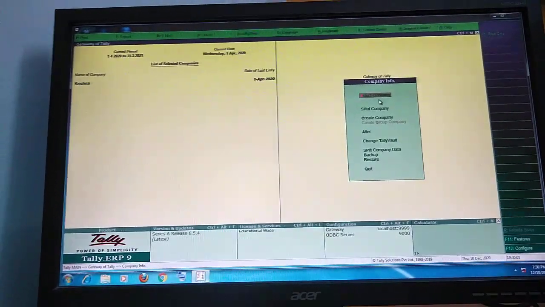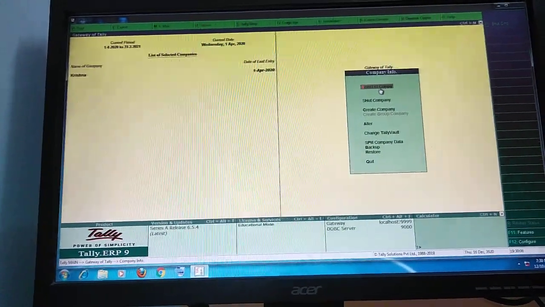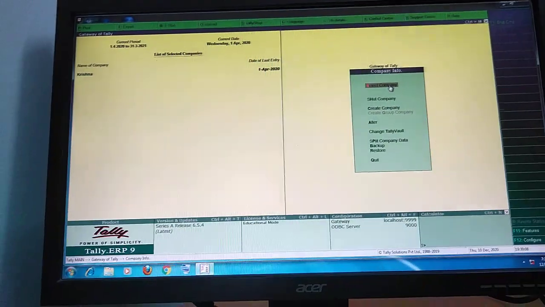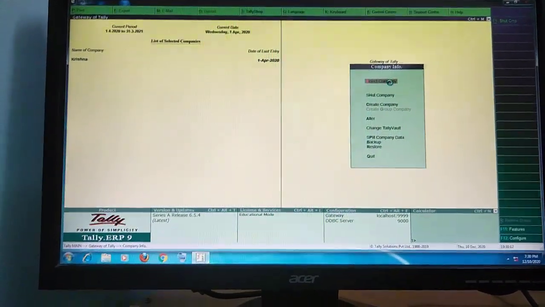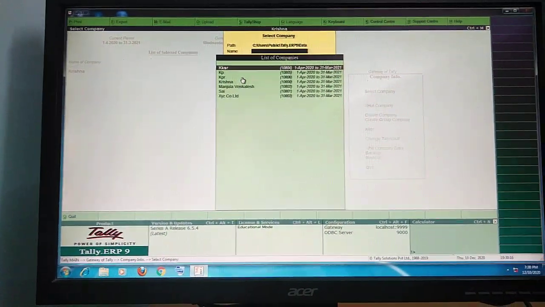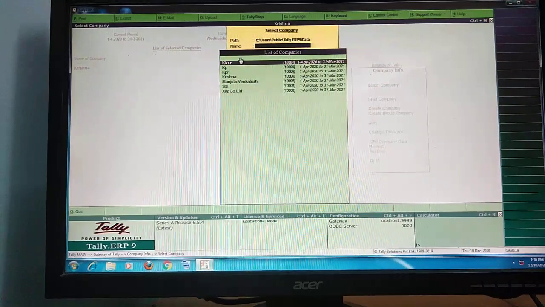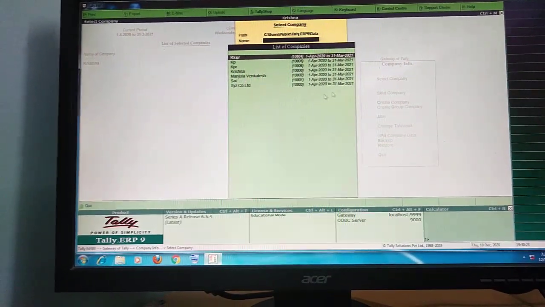Once check it. Select Company. What is the importance of Select Company? I already discussed that Select Company displays the already created company names on your computer. For example, I select Company and click on it. The company names already created and stored in the system are KKSR, KP, KPR, Krishna, Manju, Venkatesh, Sai, XYZ.